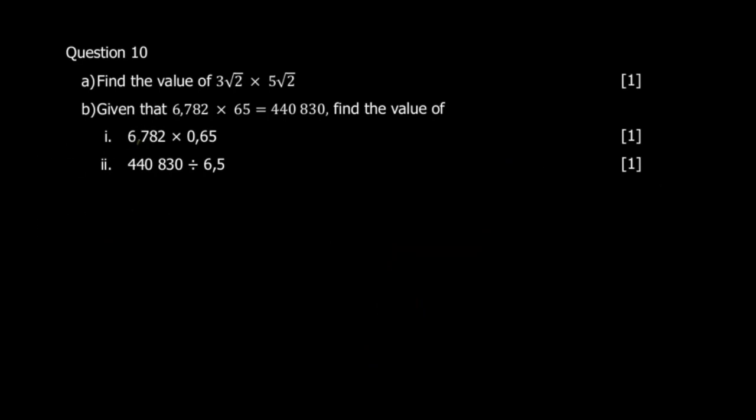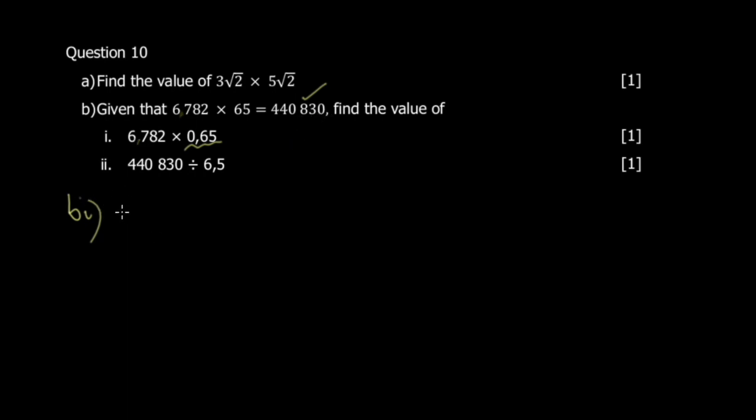Okay guys, let's move to question 10, part B. So the first part says we're supposed to work out 6,782 multiplied by 65. We're given that it's equal to this value, and then we're supposed to work out this. So how do we do it? Here you can see this is familiar. This looks a little bit like this, but then this part is different. So how we do it is we manipulate this to become a little bit like this, so that we can substitute this